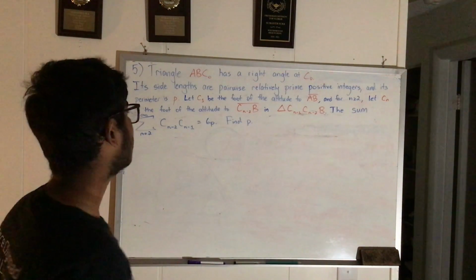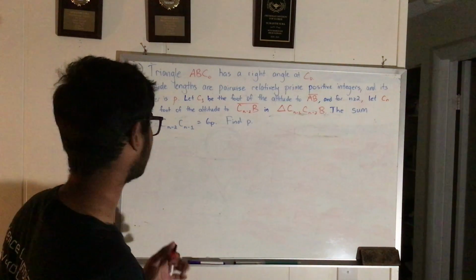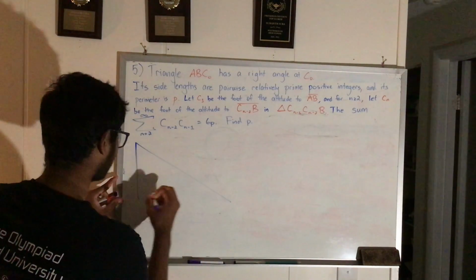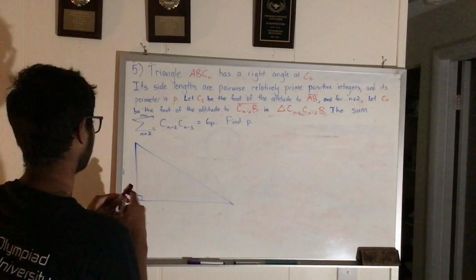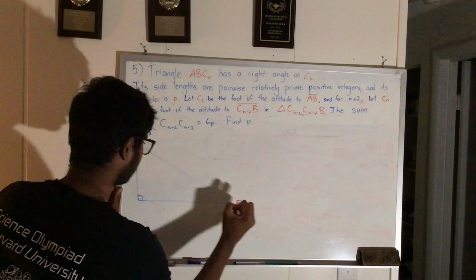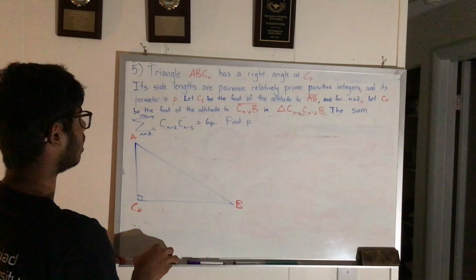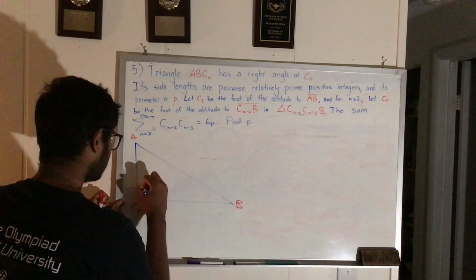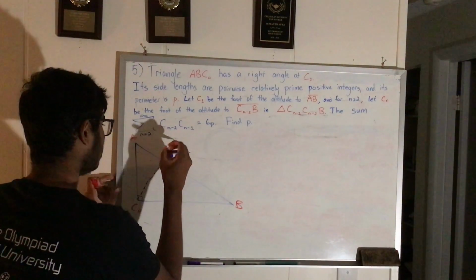Find P. Well, there's clearly a lot going on, and it's hard to visualize what's going on without a diagram, so I'll draw a diagram in this corner. So the right triangle looks just about like this, with A, B, and C0, and it tells us how the altitudes are drawn. So C1 is the foot of the altitude to AB. So C0C1 will look something like this. So this is C1,